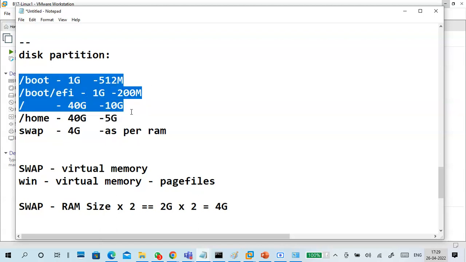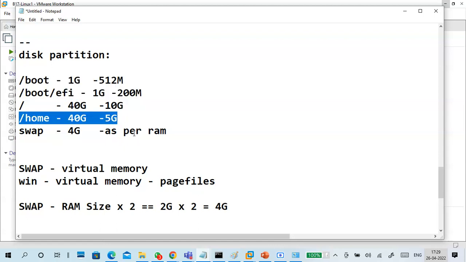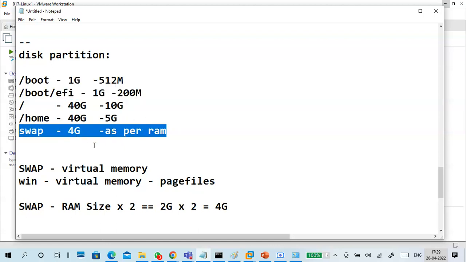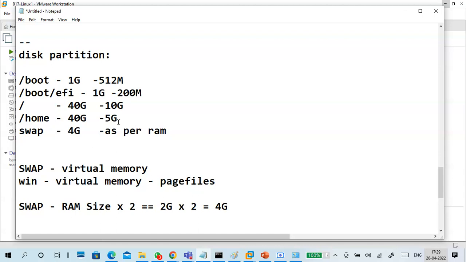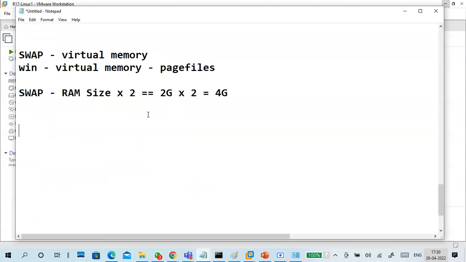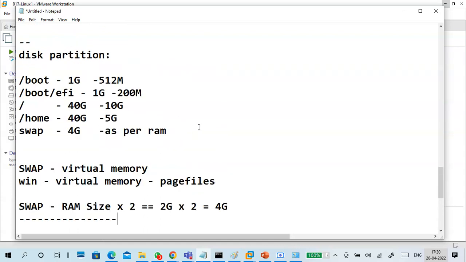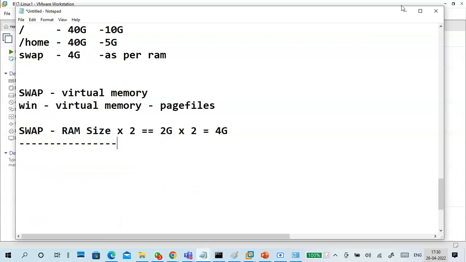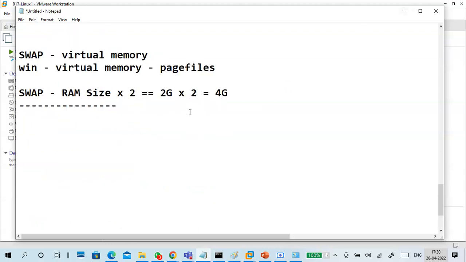Guys, look at these: they compulsorily require more space. This is completely optional, and this is as per RAM. So 1 GB, 1 GB, 2 GB, 12 GB, 17 GB. You take 2 GB for this one, for example, 20 GB. Less than 20 GB, you can complete. But I have taken 120 GB, so I will take more, right? I have a big plate, I put more. Small plate, I will put less.